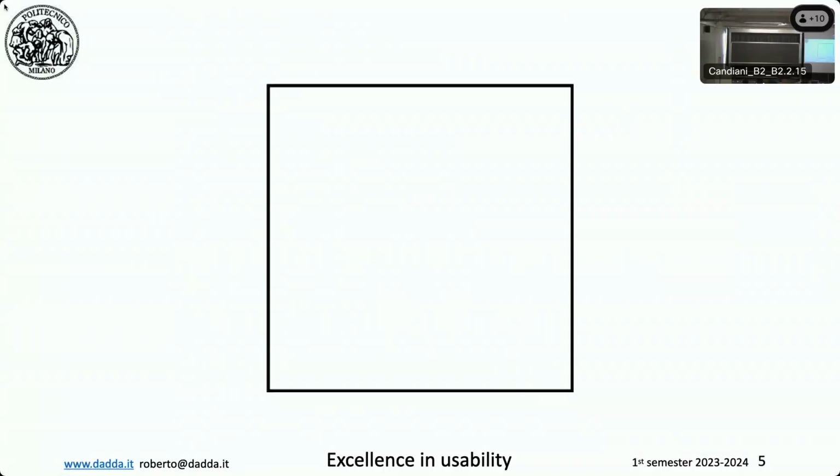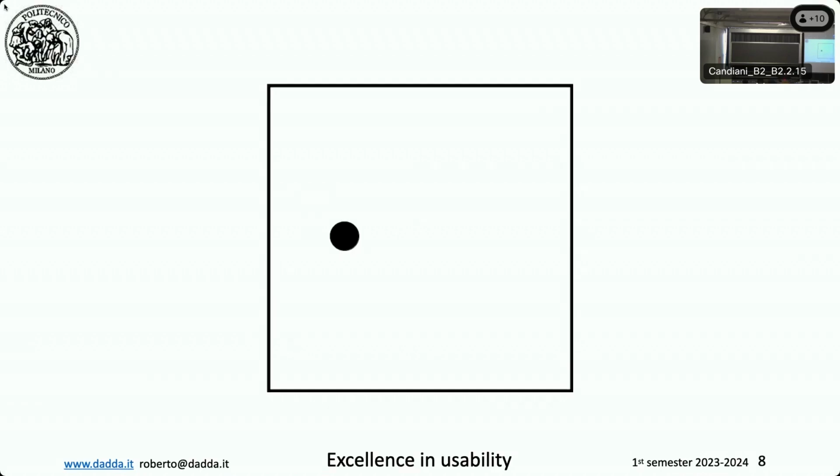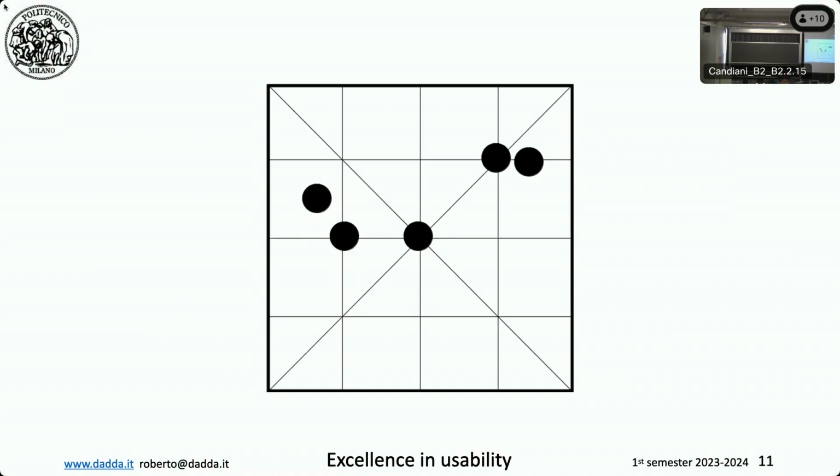Have a look at this box. If I put a bullet in the center, and I ask, these things have been done with experiments over a large number of people. If they found this in equilibrium, basically 100% of the people will say yes. If I put something like this, people will not find it in equilibrium. And so on. You can make this experiment with many people, and at the end of the game, what comes out is that